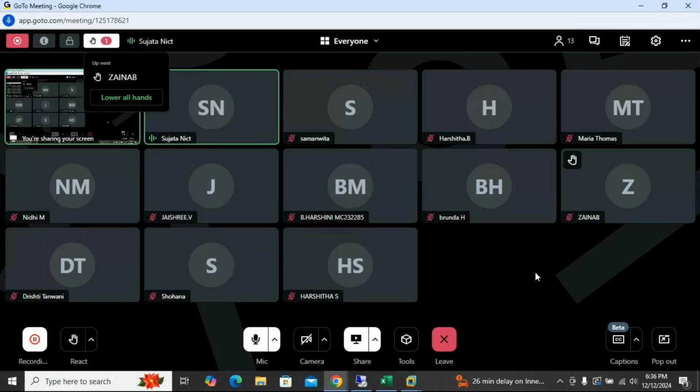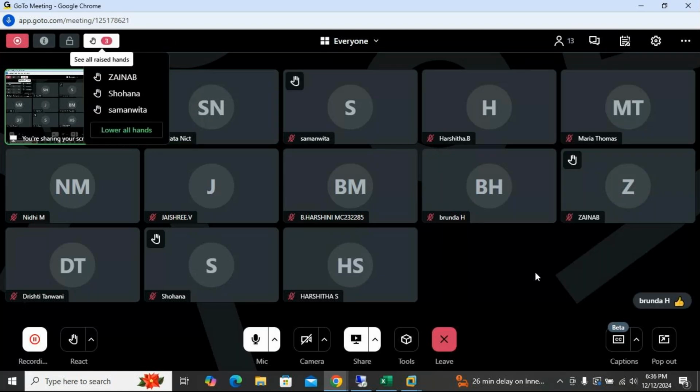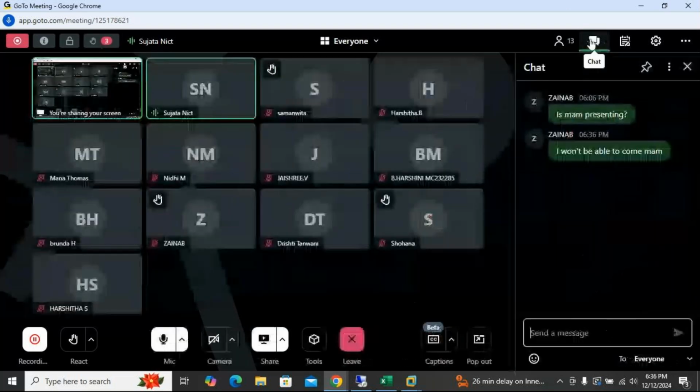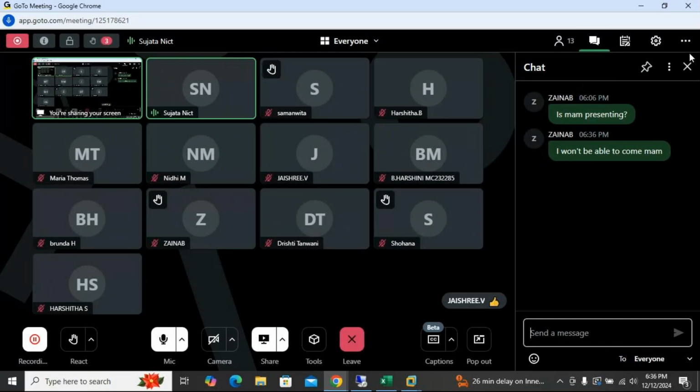Okay. And other students? Samanvita. Okay, in the chat box you sent one message. Just say who will be able to come and who will not.